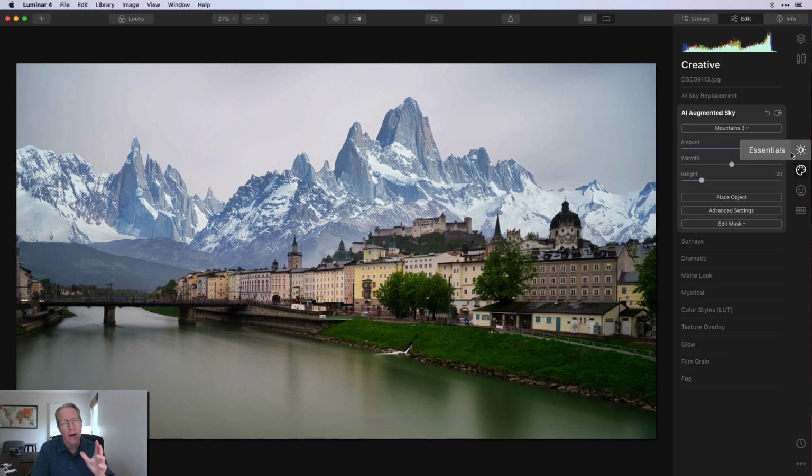So this is what I often do. And in fact, I recommend doing things like this first. If you're gonna augment the sky or do a sky replacement, I generally go and do those first, or really close to having done the stuff in the light tool and the AI accent, which I did first in this photo, but I'll generally do Augmented Sky and Sky Replacement first and then go do other stuff, or just those